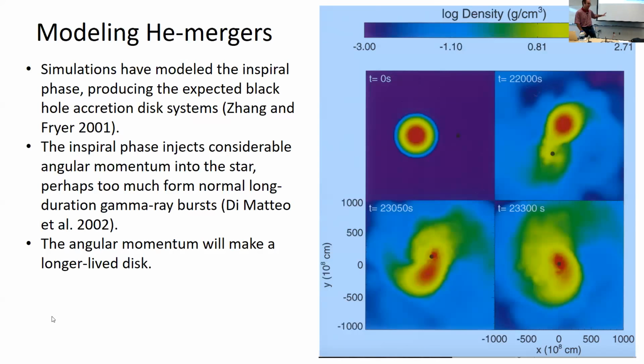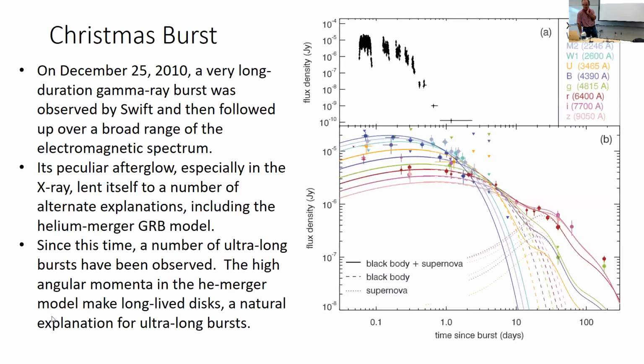And so we thought, but the problem was it had too much angular momentum. It didn't look like it was going to make normal gamma ray bursts. And then we had this Christmas burst go off, which had a couple features to it. It went off on December 25th,